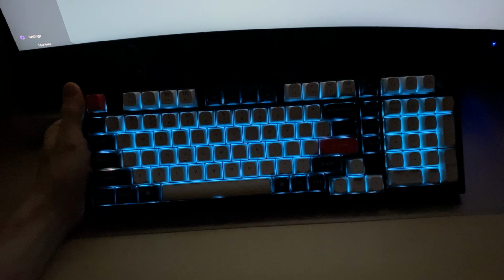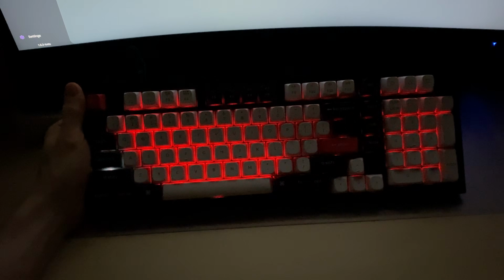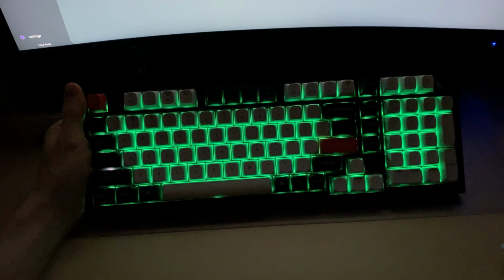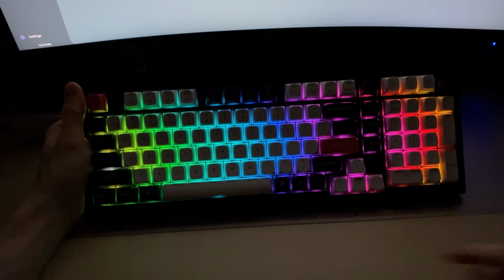Secondly, we have breathing. Let's go for red once more. And we can also select the speed. That's the fastest speed right there. That's the spiral right there. Number 4, cycle. Cycle left, right, from left to right. Cycle up, down. Rainbow moving chevron,